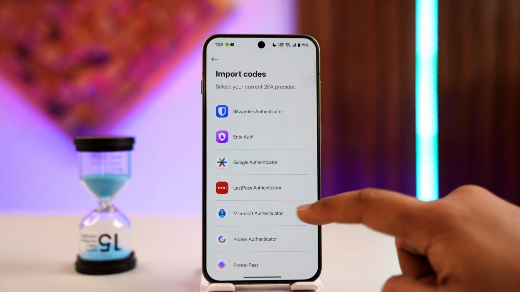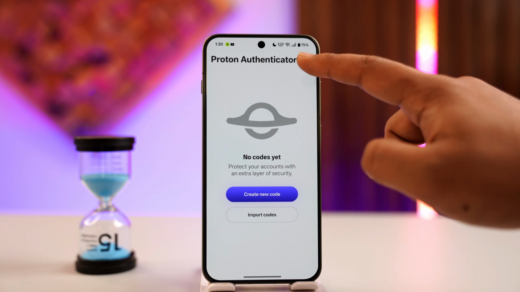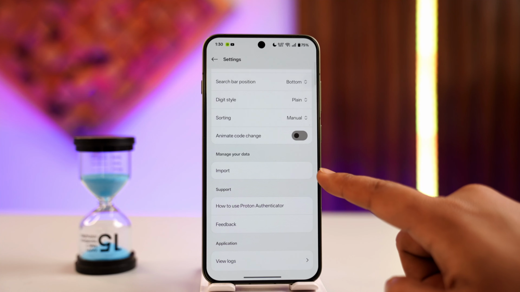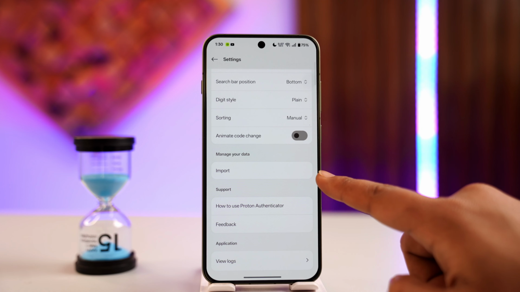So on your current or old phone, once you have some codes, tap on the gear icon from the top right hand side and you'll find the export option. In my case, you're not seeing export because I have not added any codes, but once you've exported the codes